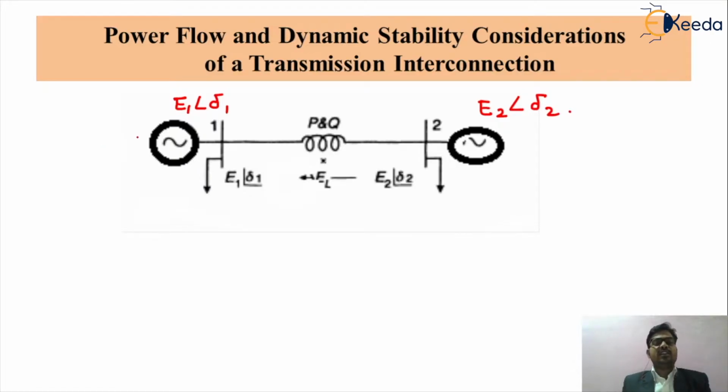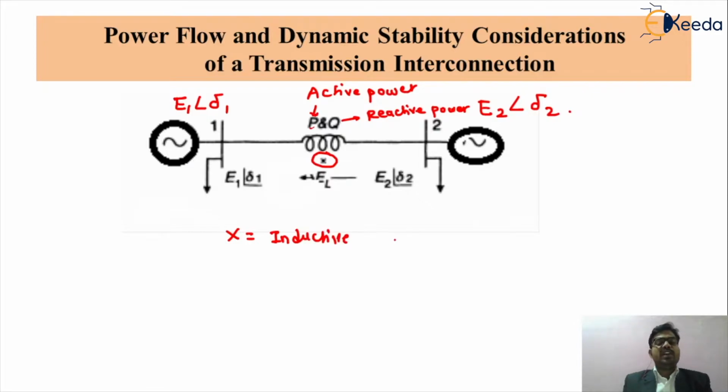Friends, the power will be flowing through the line, that is line 1 to 2. The power P is called the active power, and the power Q is called the reactive power. As we have seen in that single line diagram, we consider the value of X. We call X the inductive impedance